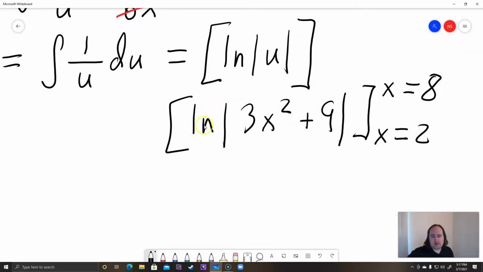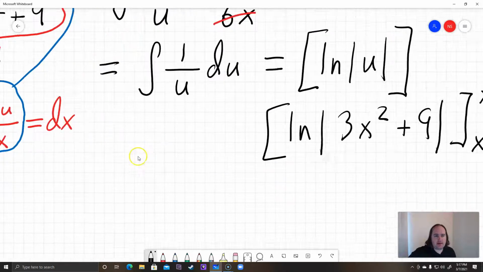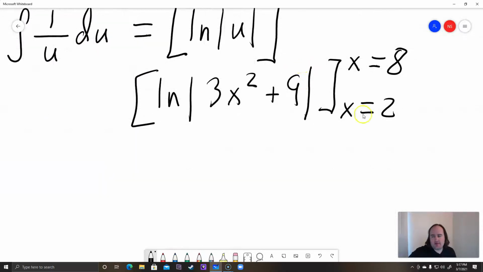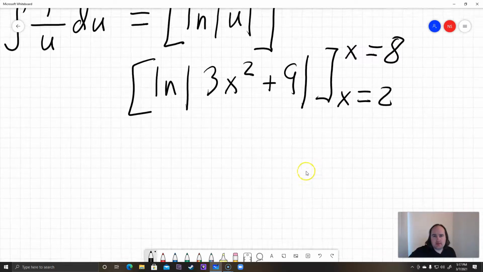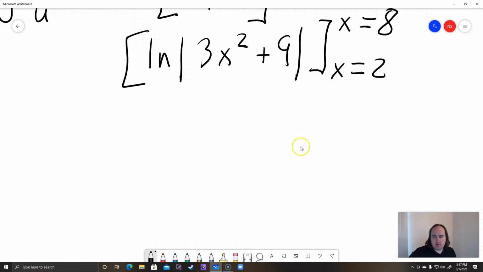Okay, so we've got natural log of absolute value of 3x squared plus 9 evaluated from x equals 2 to x equals 8. So this is technically a calculus 1 problem. So what do we do at the end here? Well, we go ahead and plug in the top number into the function, and then we subtract the function evaluated